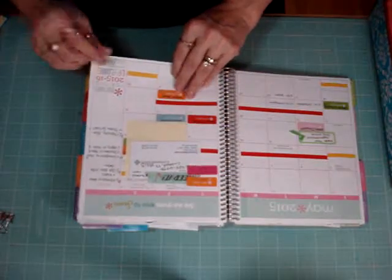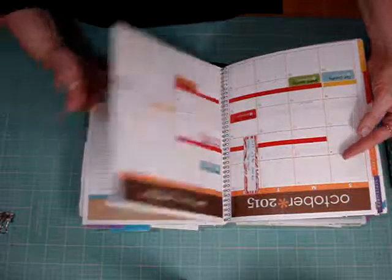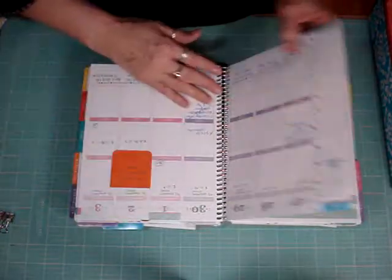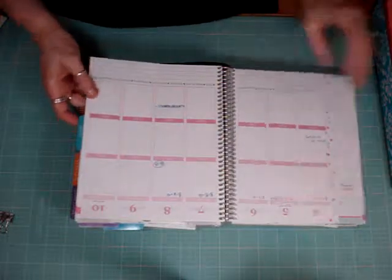And so I like this on the months. I've gone through every single month in here and marked out my hospital weeks as well as my on-call weeks. And I do like that, and so I think I'm going to carry that through to the next planner. And then,